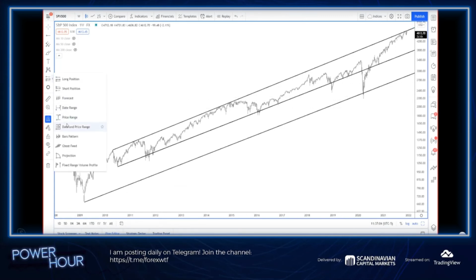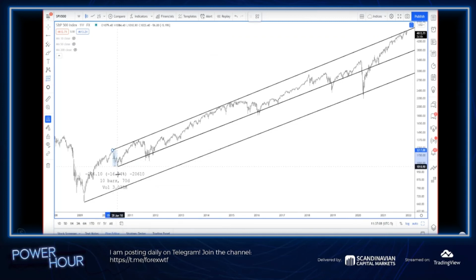And just looking at it this way, every single time we've hit this level, we've eventually had close to a 20% drop. Now, maybe not right away, you can ride it for a while. And I'm not saying that doesn't happen. It could very well happen. But eventually, you tend to get a pretty good pullback.